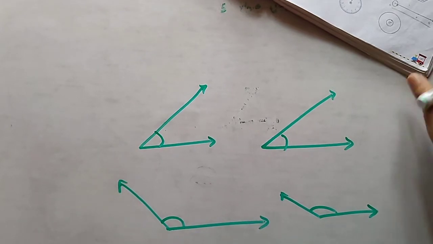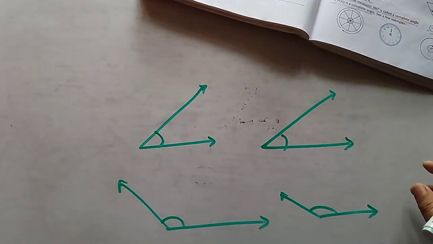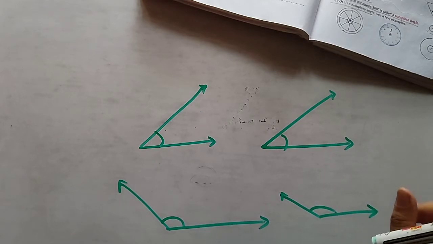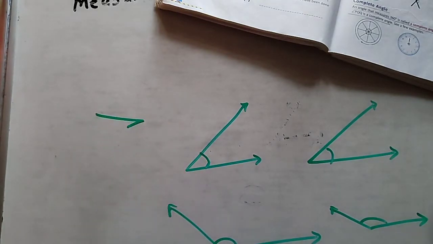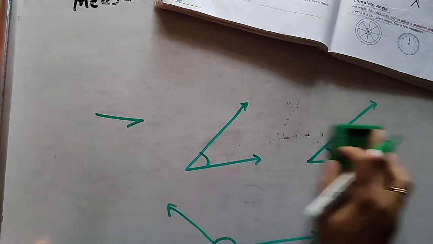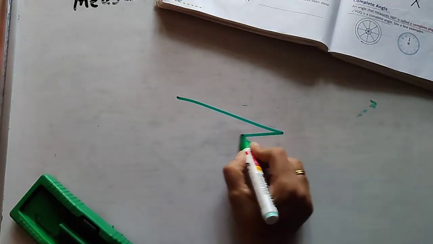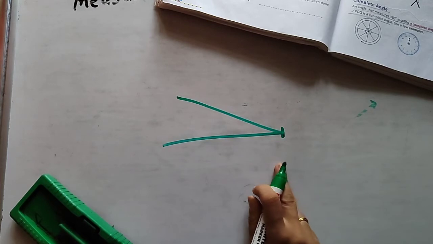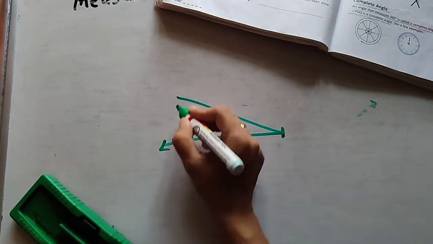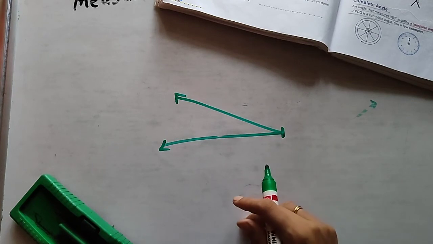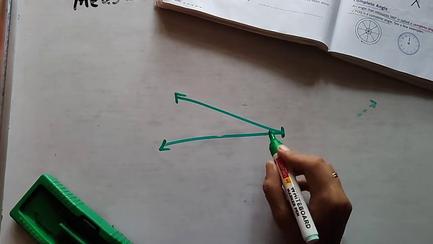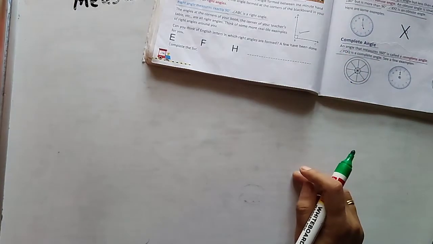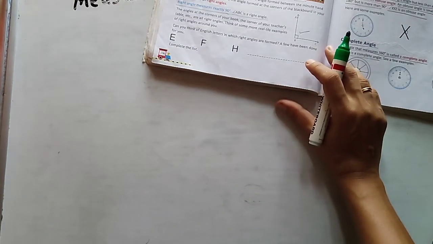Okay, now you understand how to measure the angle. So always use the inner scale. When do we use the outer scale? Suppose this angle is on which side? Right hand side. Suppose your angle is this type, and its vertex is here. So in this type of angle you have to use the outer scale. Which side is this on? Left hand side. So in this type, what do we use? Outer scale. But the examples I gave you were all inner scale ones. So you have to always see the inner scale on a protractor.